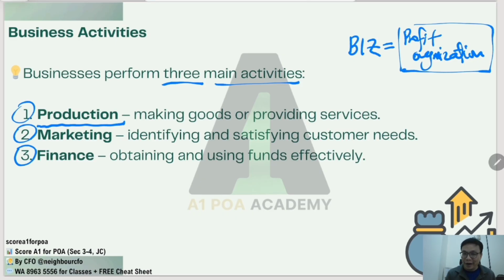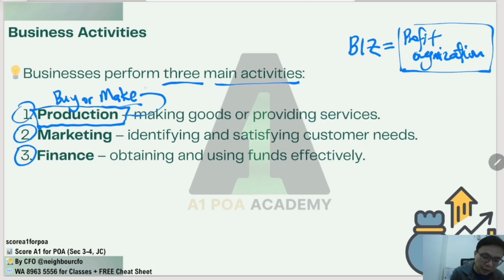You wouldn't have finance if you don't have the goods itself. So in order to have the goods, it's either you buy or you make. When you make, these fall under the category of production. So production, in short, it is all about making goods or providing services, right? You have step 1, step 2, step 3 in order to establish all this process to come up with the final product, which can be a goods or services.